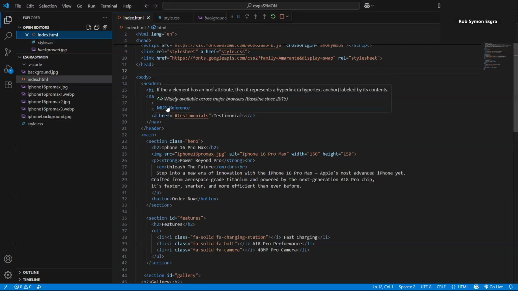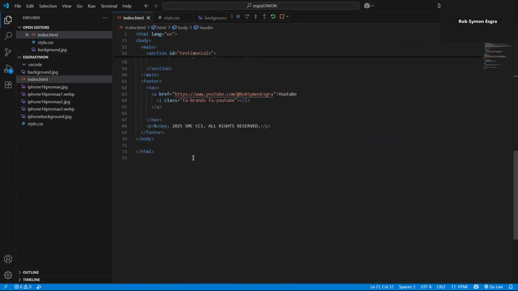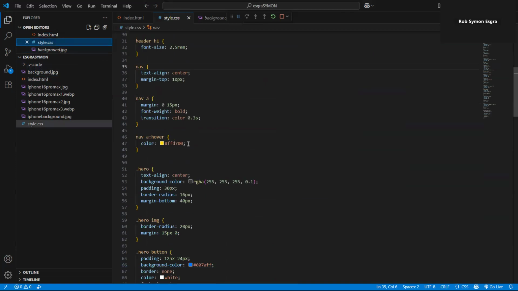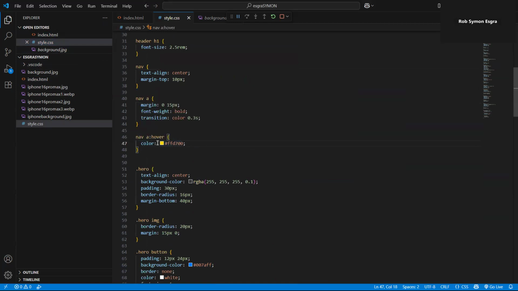Kanina. Oh, and then look at the style. Wait, sample share.